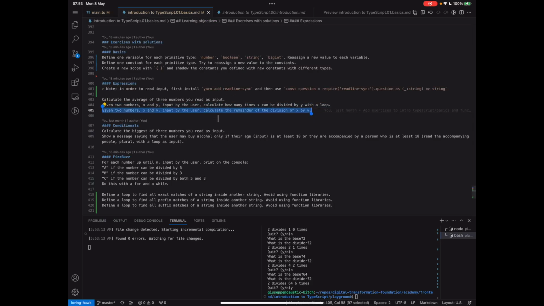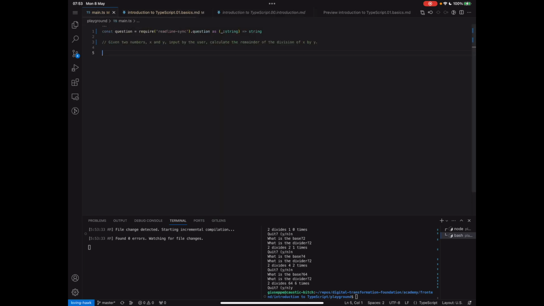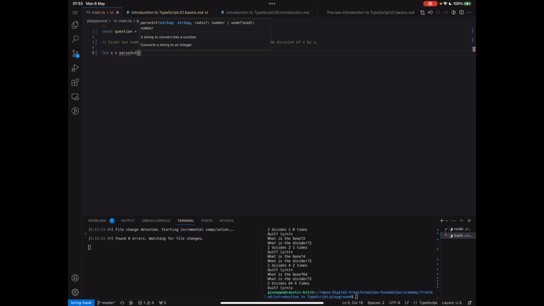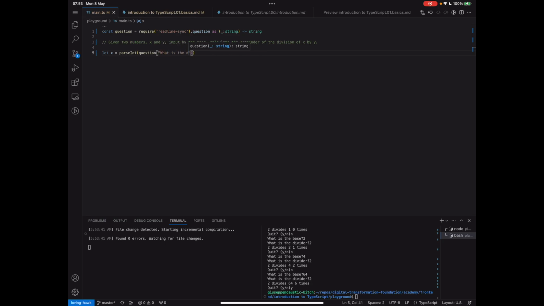Now, given two numbers x and y input by the user, calculate the remainder of the division of x by y. Again, let's read the numbers. Parse int, question, what is the dividend, and what is the